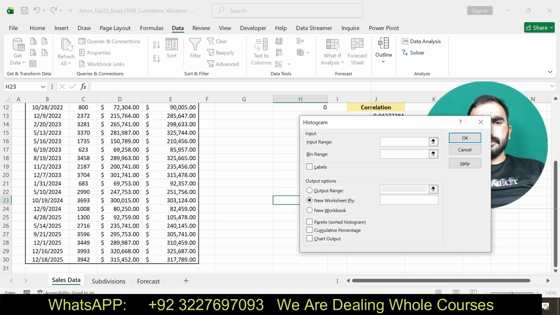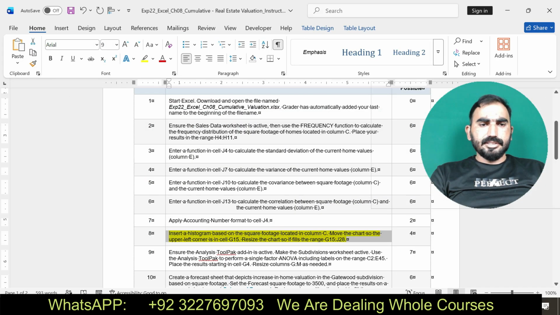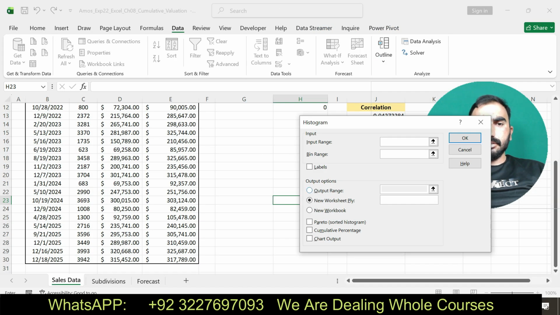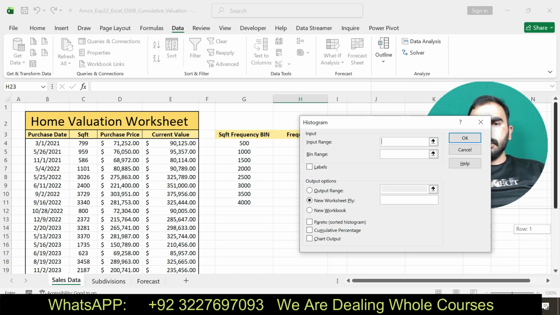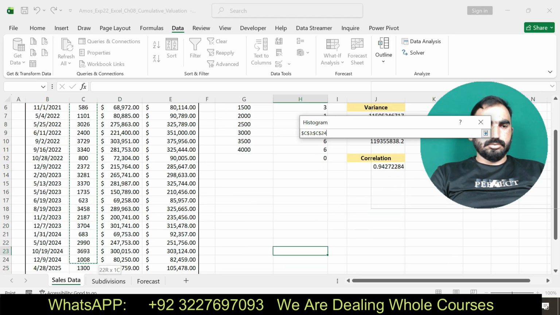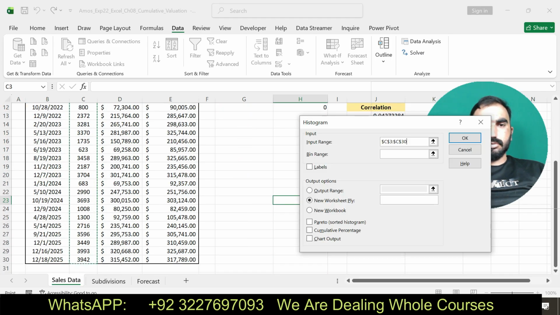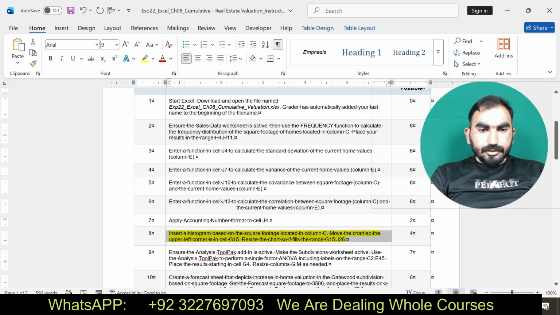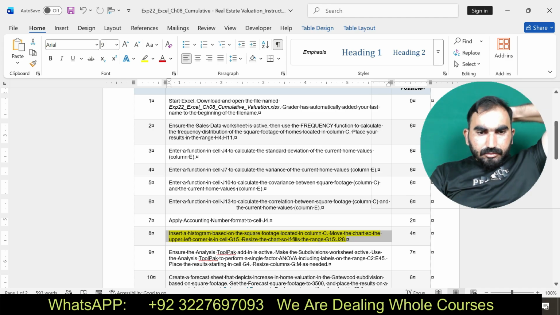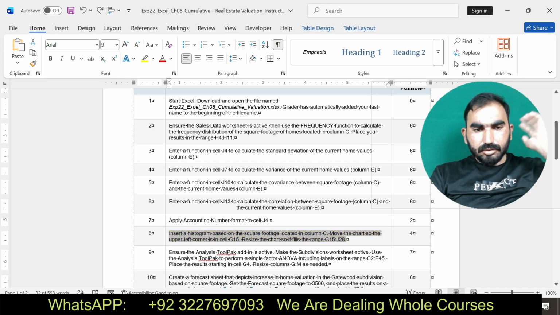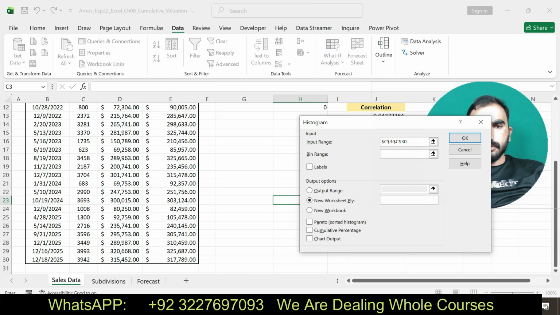Insert a histogram based on the square footage located in column C. Okay, and the bin range is given already. G15 to G85.